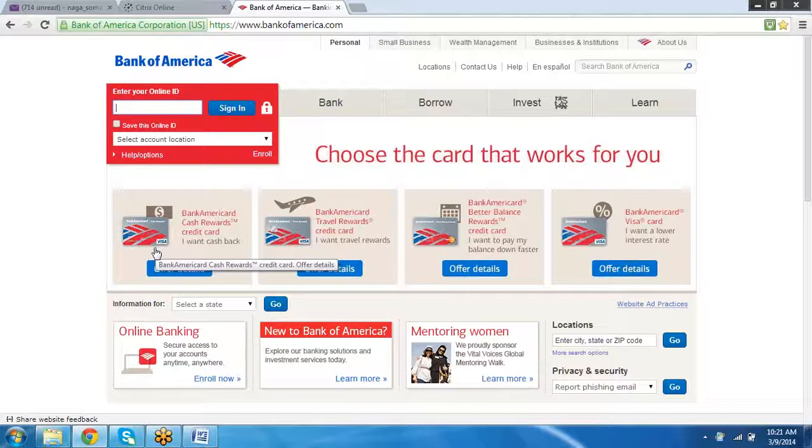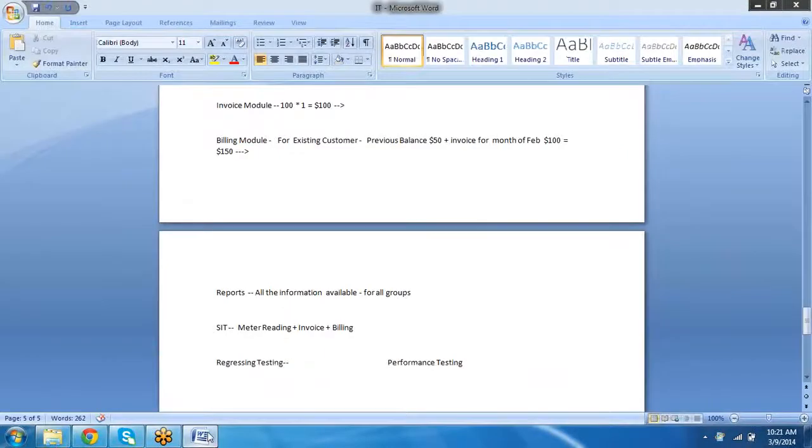Whoever sends the request first will get the response first, in sequence. They write the code in such a way that whatever request comes, that request is taken care of, and then it will take care of the second request. So there are some tools which will measure the performance of the